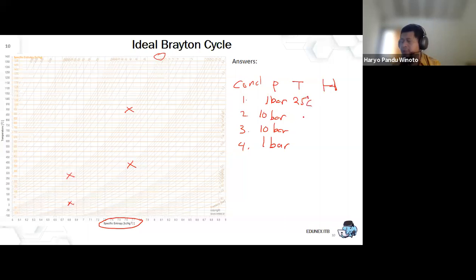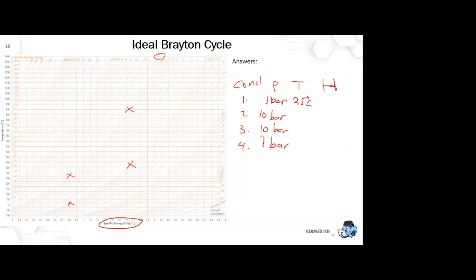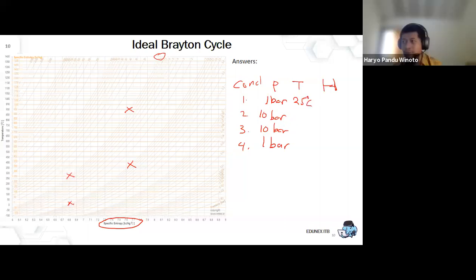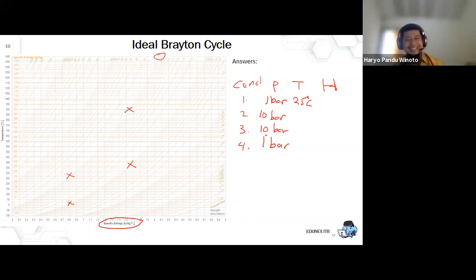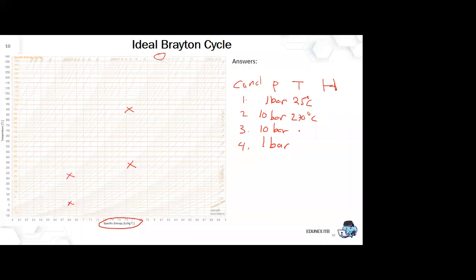25 degrees centigrade. What is the T2? You see with your eyes. About 270, sir. Yeah, okay. Yeah, in a sense, because it's a graphic one, okay? 270 degrees centigrade, possibly. What is the T3? 900, sir. 900, okay.